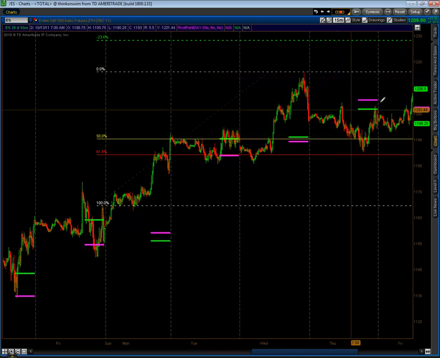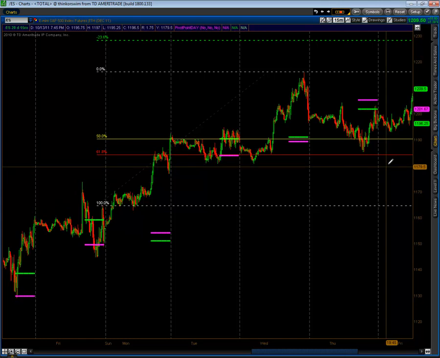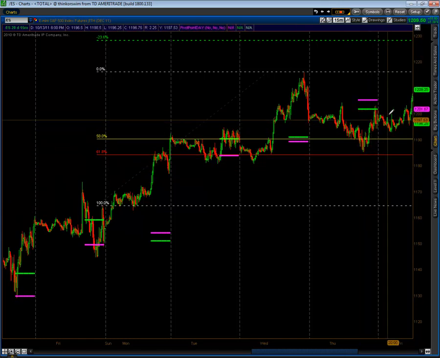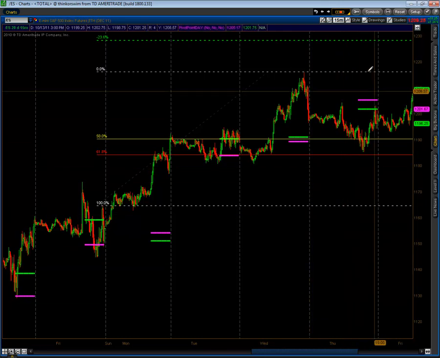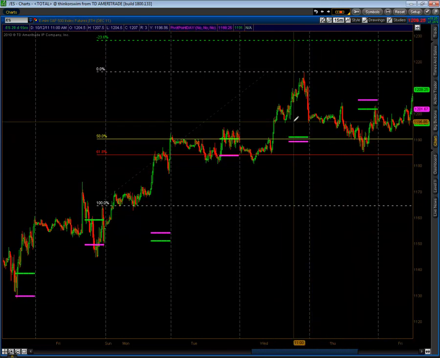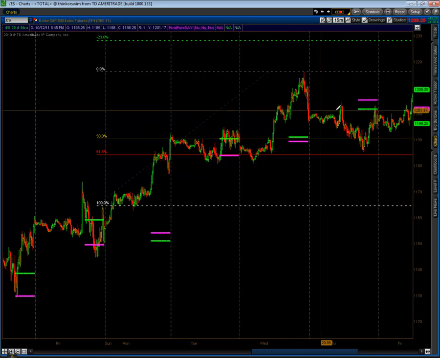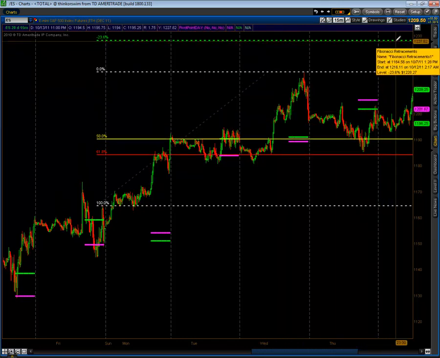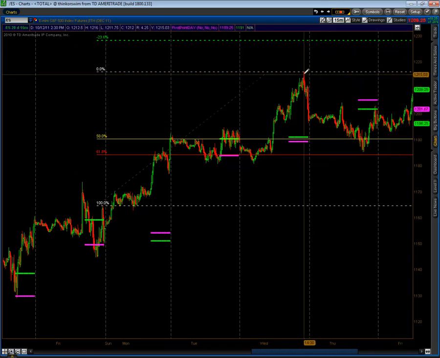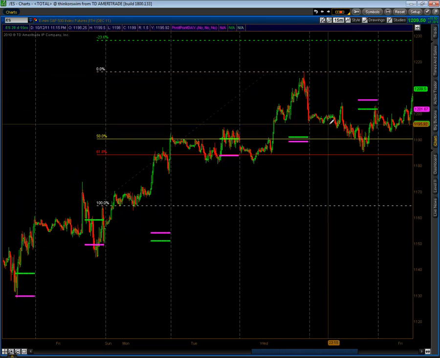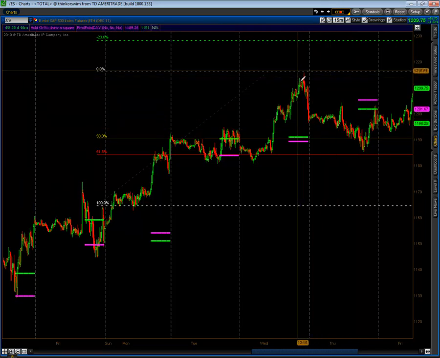Price can do anything inside of this box as long as we don't break this 61.8. We trade the smaller squiggles in here. But we know what our context is. We're aware of our surroundings. The greater likelihood is that we're going to fill our 23% target. I'm more likely to want to trade longs inside of here than shorts. But this range is so big, if we see another trend failure in here of the longs, I would definitely be interested in